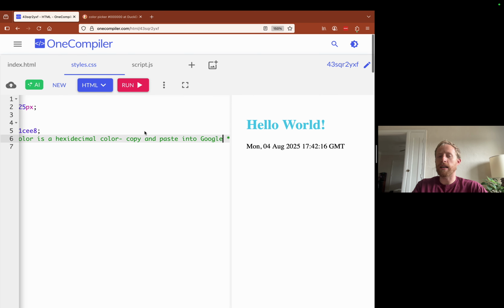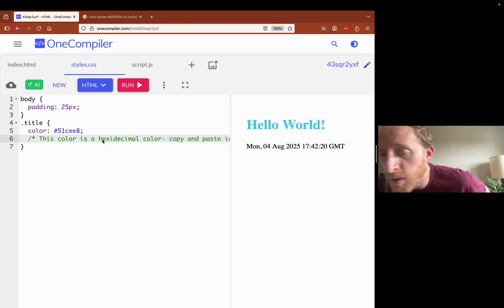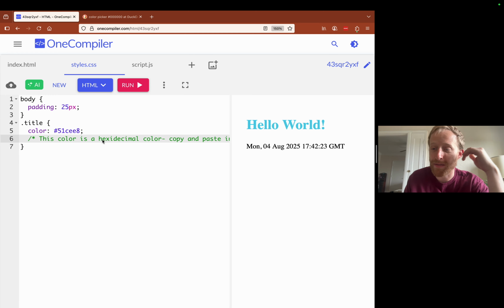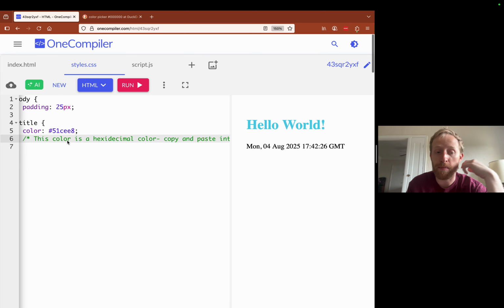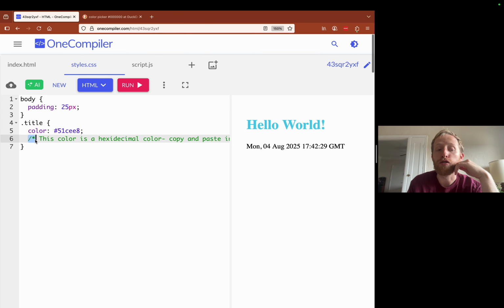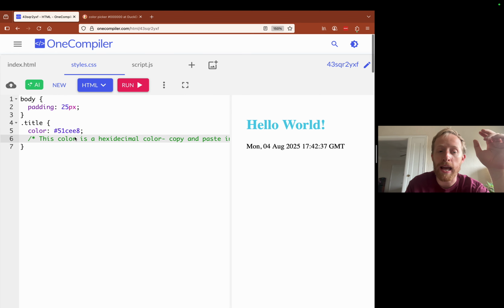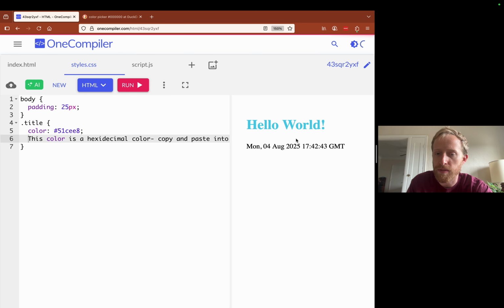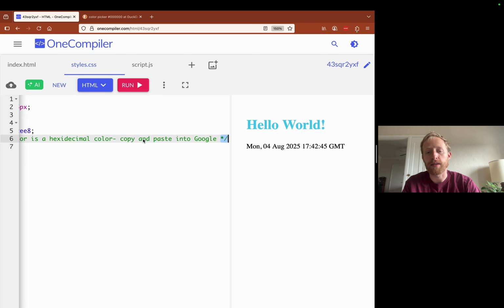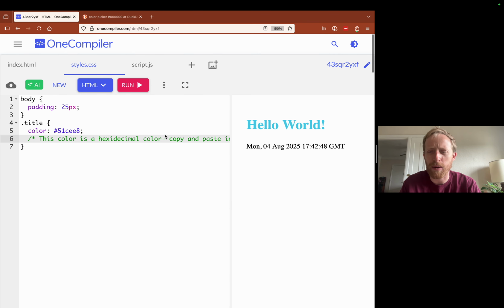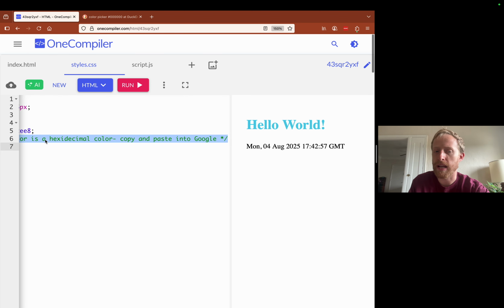And the idea of a comment is when I come back and look at my own code later, I'm not going to remember what that is. I can write myself a comment in the middle of the code, and the computer knows, don't process the stuff between these opening and closing comment tags. Don't process it, because if I took these away, the computer would try to process this line of code because it's in the middle of my code, and it's going to fail. It doesn't actually fail because it's CSS here, but it would. The computer would be like, what the heck is this? And it won't work. So these comments allow me to write English to myself in the middle of my code. So when I read this code later, I know what I'm doing.